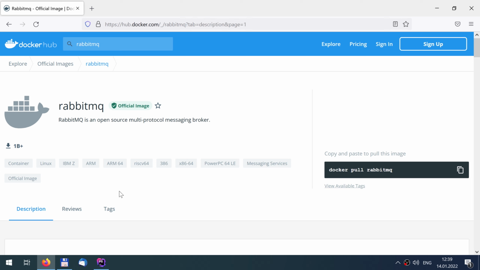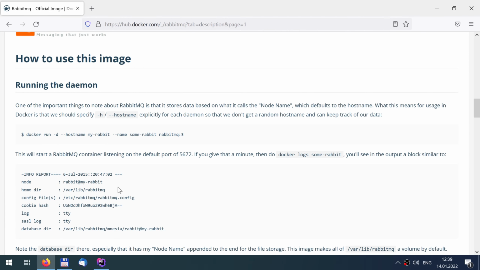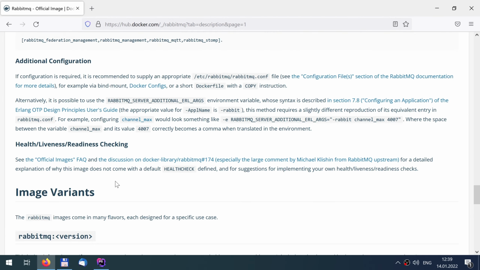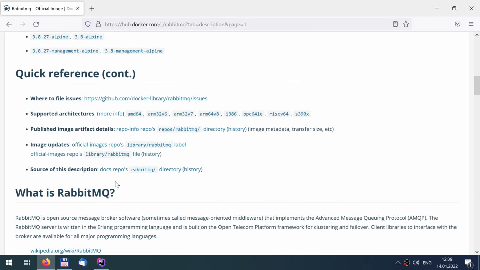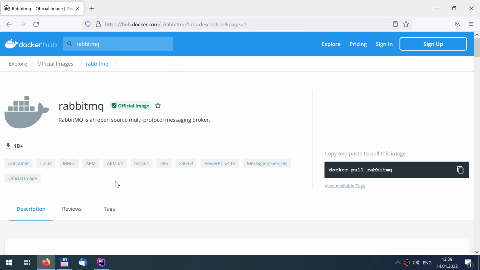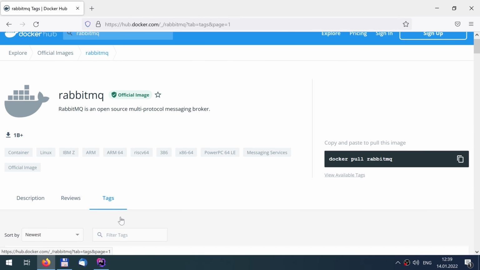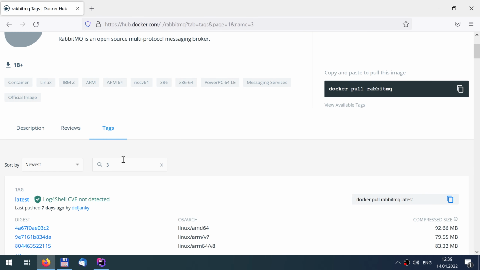Let's have a look at the latter case. I would find the whole procedure I'm going to show here from the documentation that comes with this image. If we look at the tags, one of the tags is 3-management, which means it's the newest of the third version along with the administration.